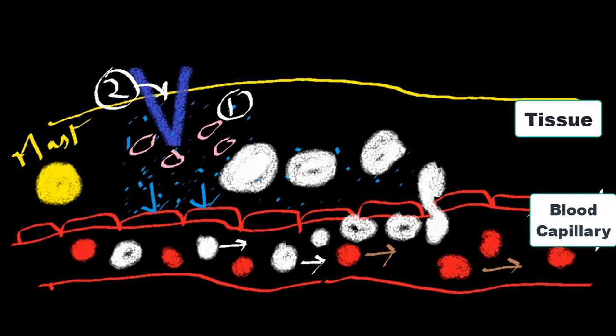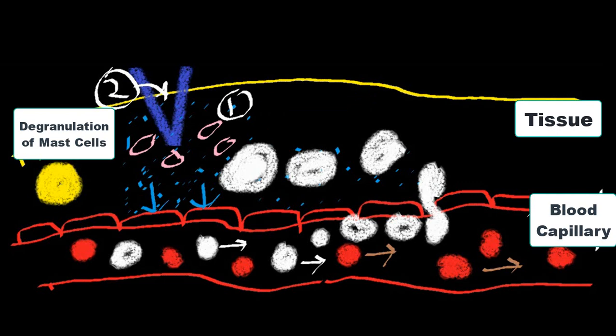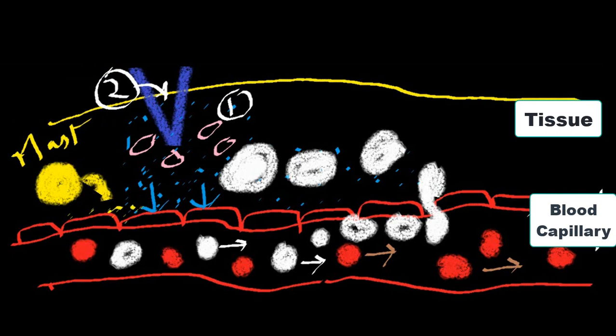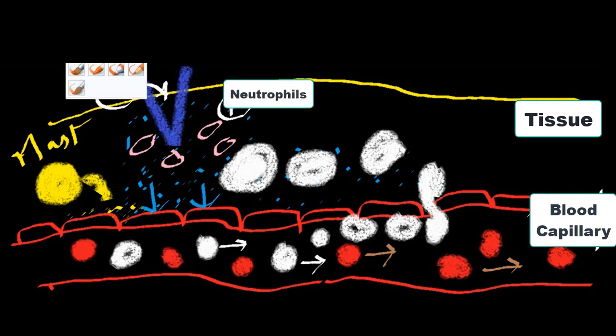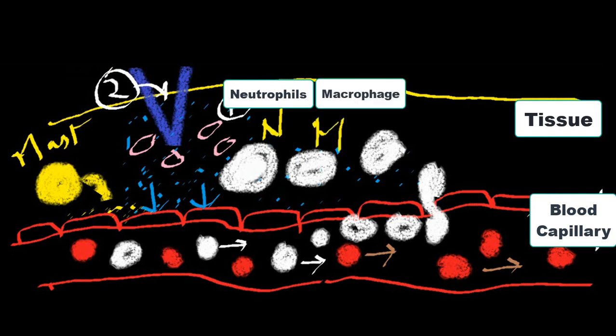Now what these cells will do? These cells will start engulfing these bacterial cells which are there, and these mast cells will also degranulate and they will also start secreting certain chemical mediators, and these certain chemical mediators also are the pro-inflammatory mediators. They will also help in certain other reactions that we will discuss later on. Now these phagocytic cells, mainly neutrophils and macrophage cells,